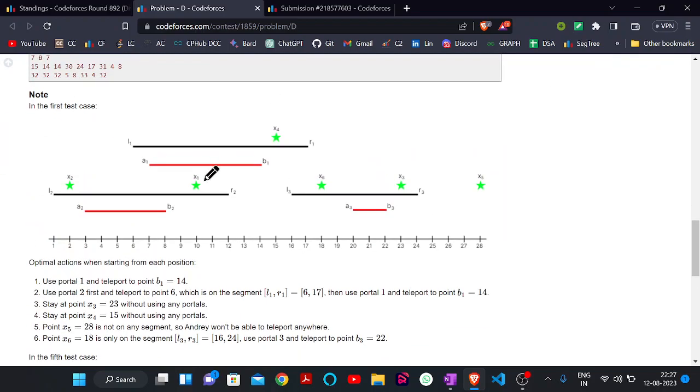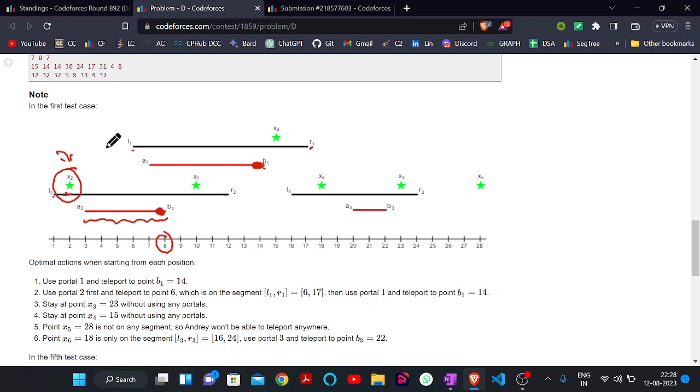Just suppose that you are on this x2. As we know, this is a part of L2 to R2. So if you are anywhere from L2 to R2, then you can teleport to any of these points. So you are teleporting from X2 to B2. Now you know that B2 means you are on this point, and you are between L1 to R1 also. That means you can teleport from A1 to B1 also. So we have teleported to this B1, and after that you cannot teleport anywhere. So our target is to make